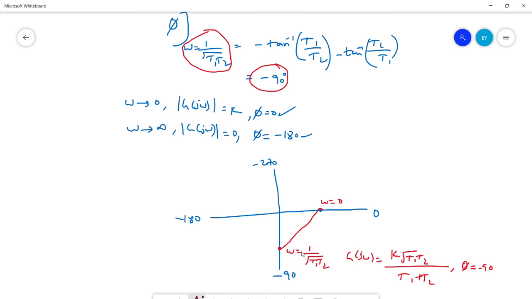At omega equal to 1 by root of T1 into T2. Then with omega tending to infinity, it will tend towards minus 180, and it will end up at a magnitude of 0. So this is how the plot actually looks for a type 0 system. Okay,